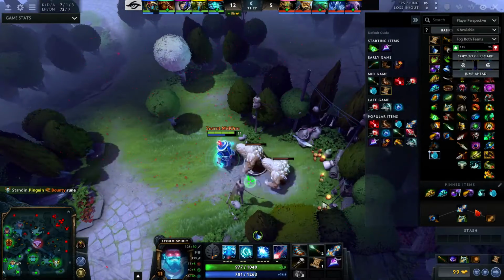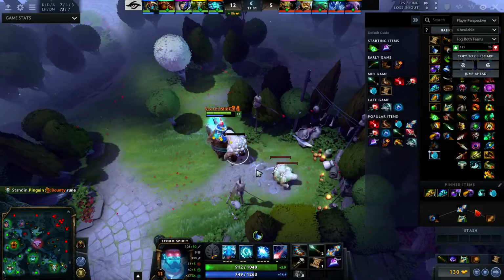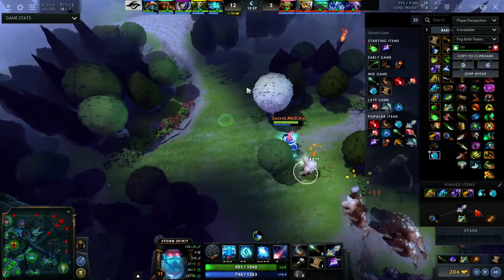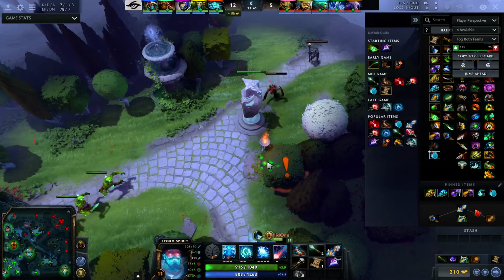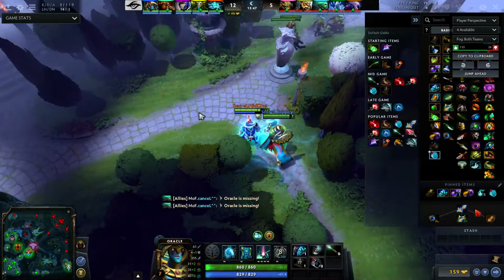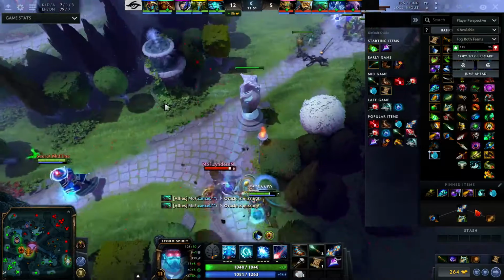Of course, he started with the Null Talisman. He went for the Treads, Wand, as well as Bottle, and he's just going to go straight into that Kaya rather than even bothering with a Soul Ring, because Soul Ring doesn't build into Bloodstone anymore. And we've even seen other Storm Spirits like Miracle actually go for the Kaya and the Bloodstone, but what Mid1's going to do here is actually skip the Bloodstone entirely and just go for a more classic, I guess, Orchid